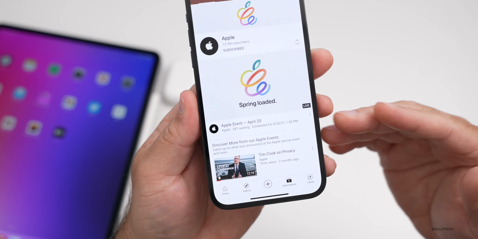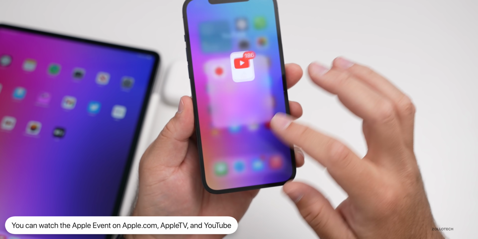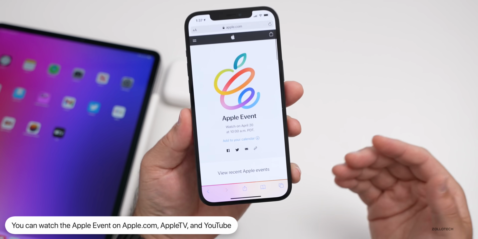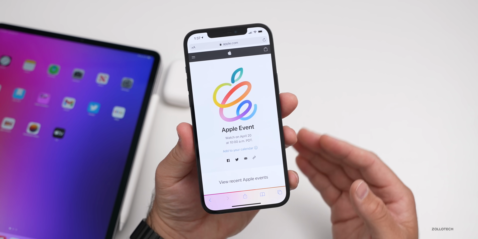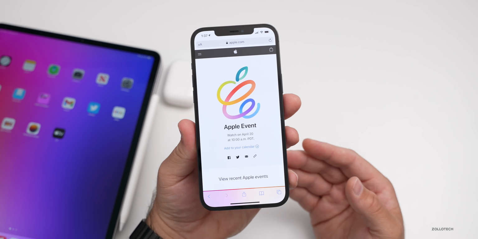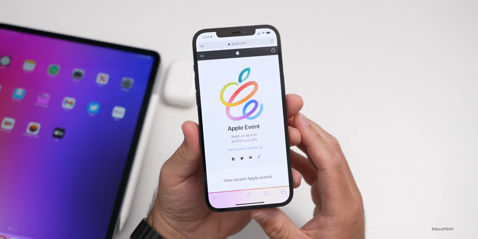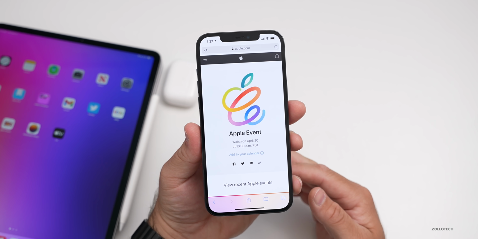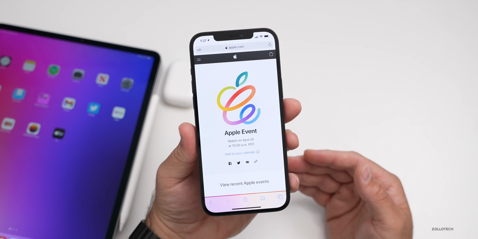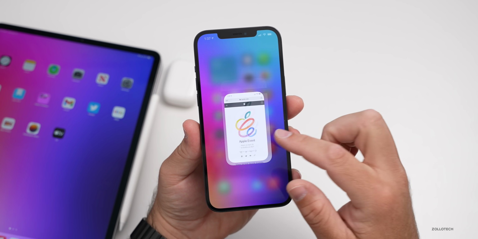for me. And as you can see, you can watch it on YouTube, you can watch it on Apple.com, you can also watch it on an Apple TV on their Events app. So you'll be able to watch it there or on TV Plus, and they usually add it there as well. So you'll be able to watch it on any device. The easiest way is YouTube if you're on Windows, for example, or you can just go to apple.com when it's